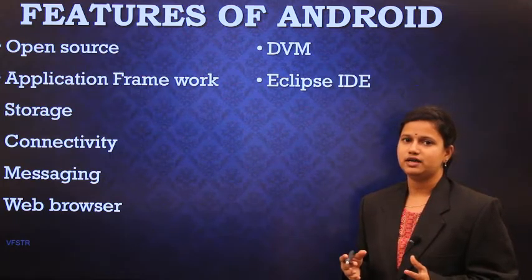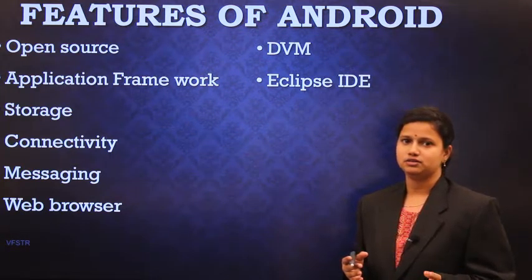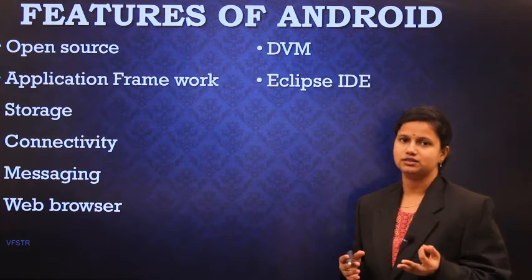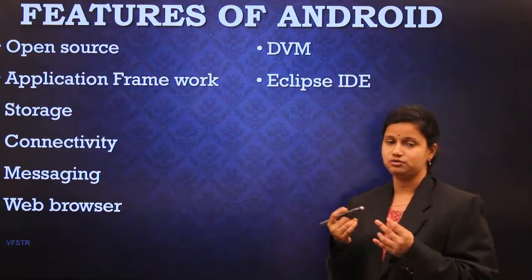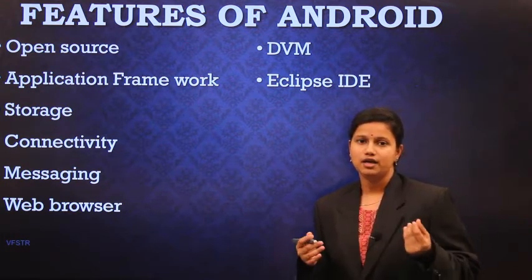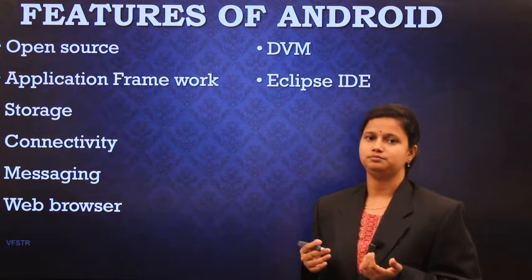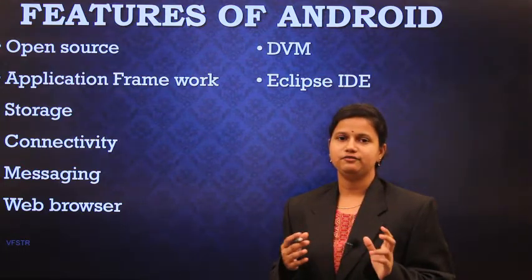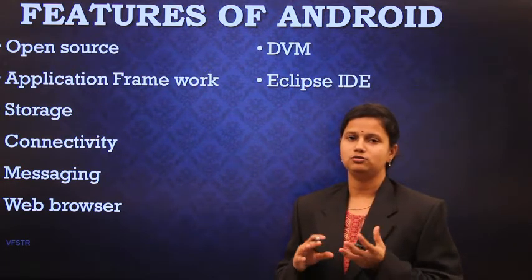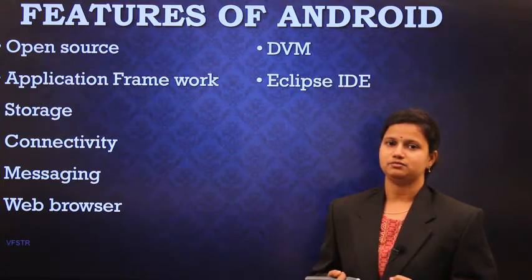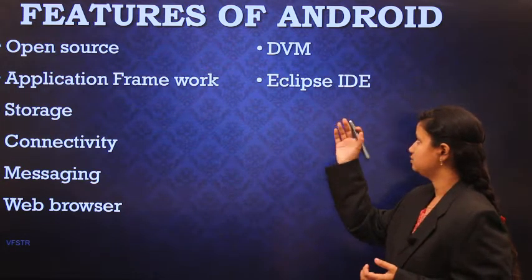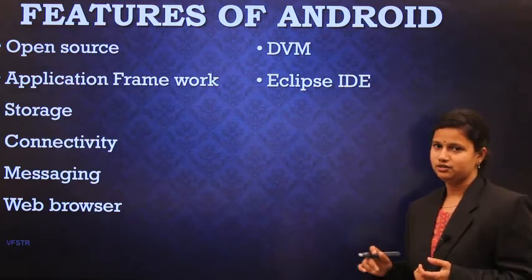So your application is having images or graphics. Your application also contains XML files, that means user interface design, Java files, XML, Java, so different file formats are to be presented. So how are these different file formats maintained in a massive directory? That is possible in the Eclipse IDE.